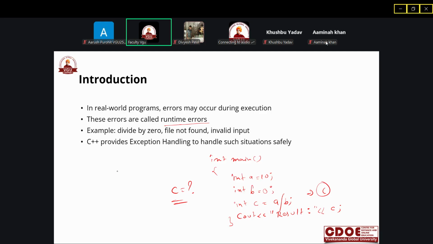So we have a equal to 10, and b equal to 0. We have c as a divided by b. The value of a is 10 and the value of b is 0. इसका आउटपुट क्या होगा? What will be the output of this?